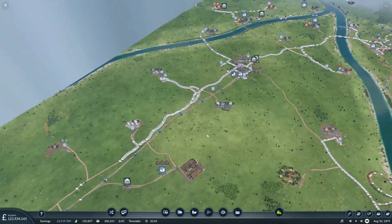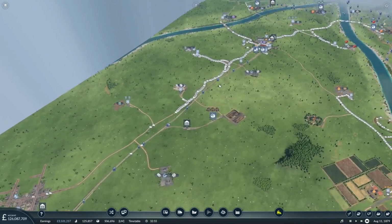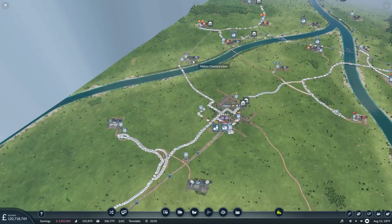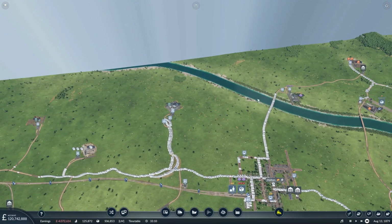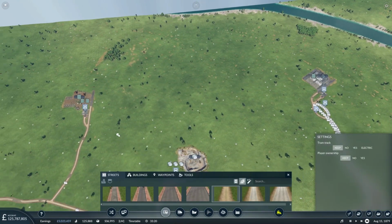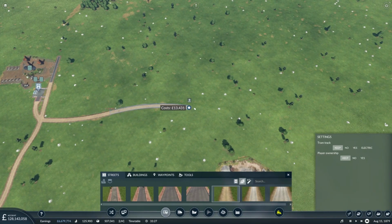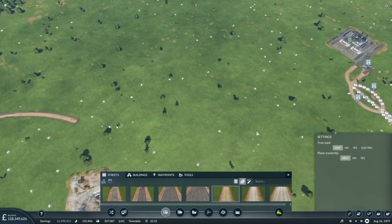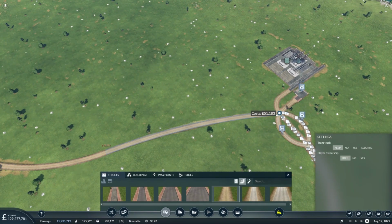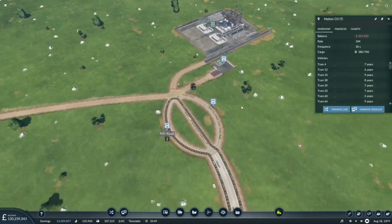I'm not that happy with the way this is working. I think this here could be replaced with rail as well. Where does the oil come from? Oh, it goes from there. Of course it does. And then up to there. This feels like something that could also be replaced. Actually, no. Let's not replace it with a railway. Let's just build a new road to create a shortcut between the two. Why not do that? That makes way more sense. And if I connect it in over here and make sure that this line is the one...